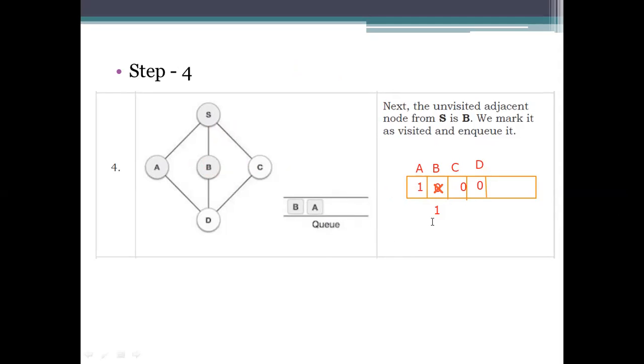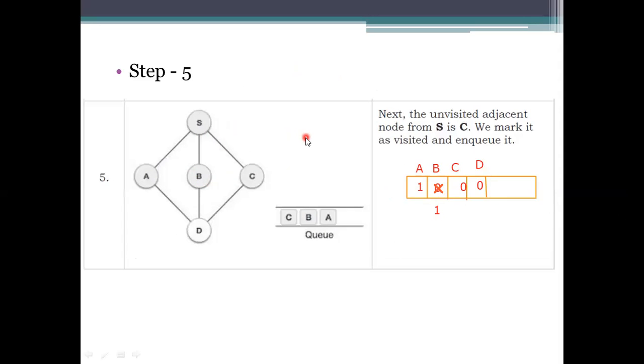The next one here is C. C is also not a visited one. We will compare the value with that one. See the value of C. It is 0, so it's not a visited one. So what we need to do? We need to visit that adjacent node and mark it as visited. How I am going to mark them here is simply by using the 1.